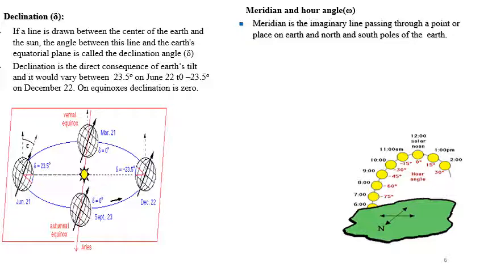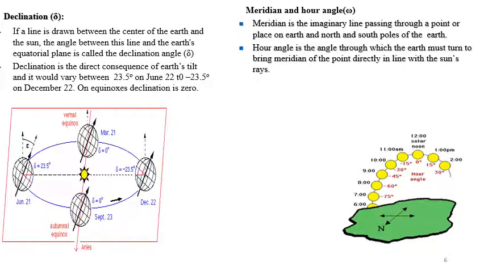It is measured from noon based on the local solar time, LST, or local apparent time, LAT, being positive in the morning and negative in the afternoon. The term LST will be defined a bit later. It is the angle measured in the Earth's equatorial plane between the projection of a line from the center of the sun to the center of the earth.